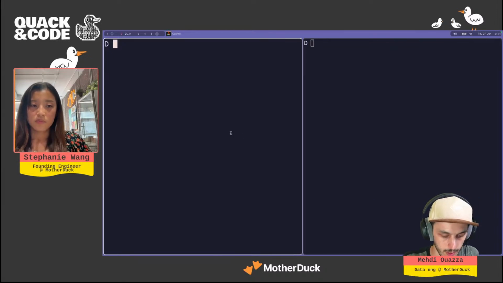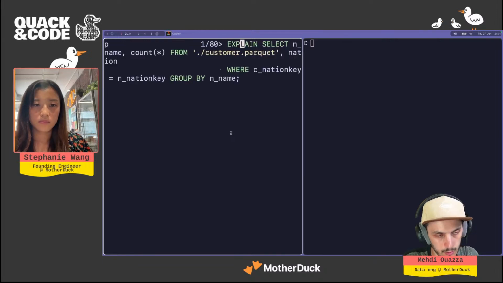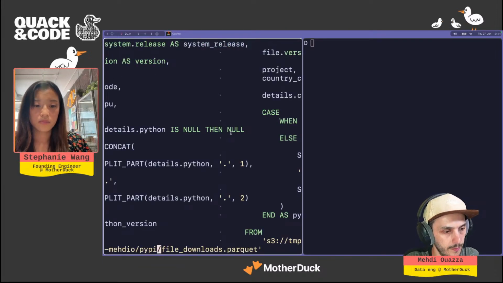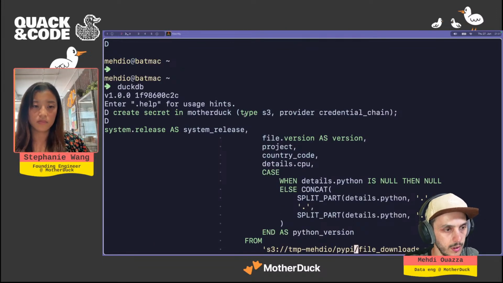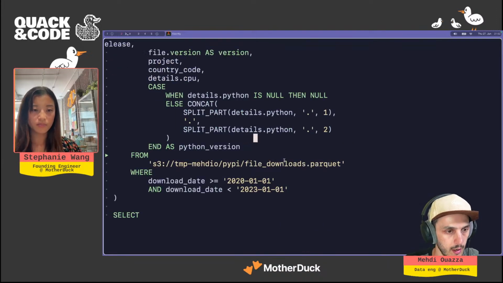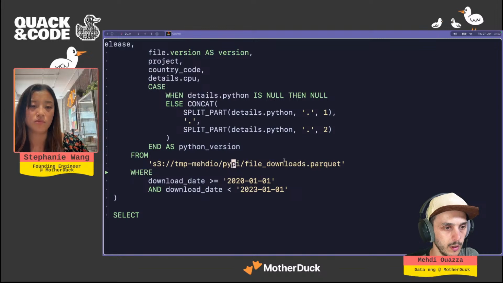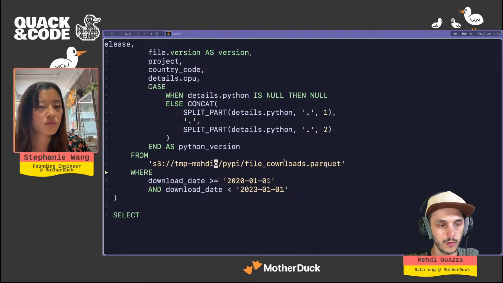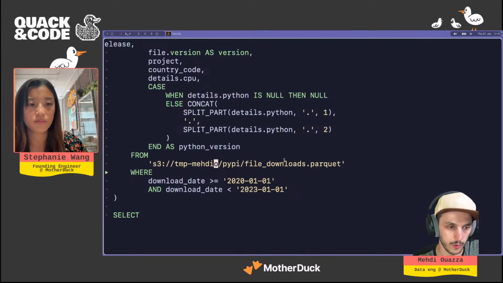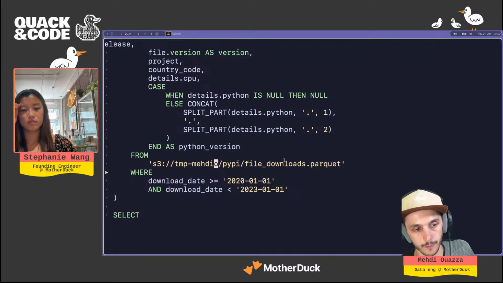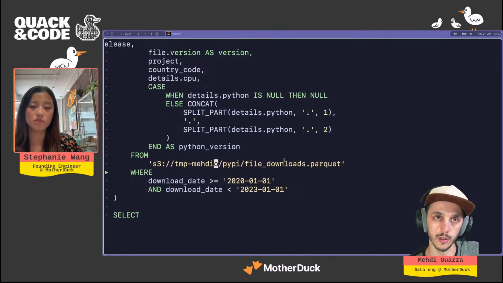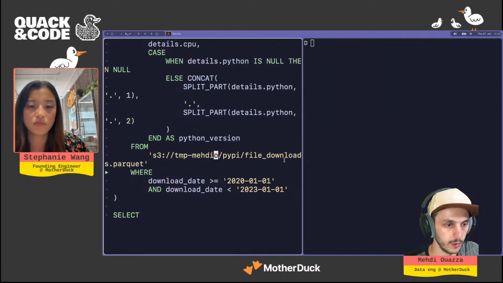And so I have a data set which is this one, which is actually a pretty long query, and it's PyPI data. The data set is roughly 2 gigabytes, right? And I'm doing basically aggregation, where each row represents a download in PyPI on the DuckDB project. And so this is using